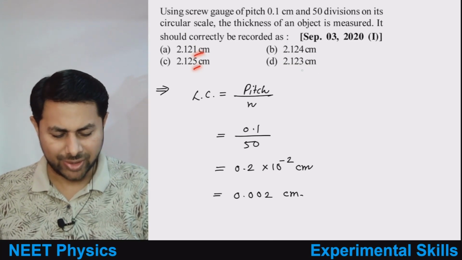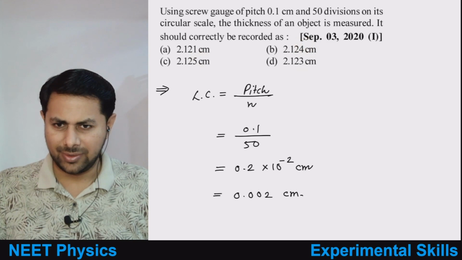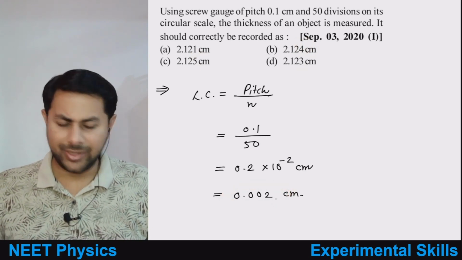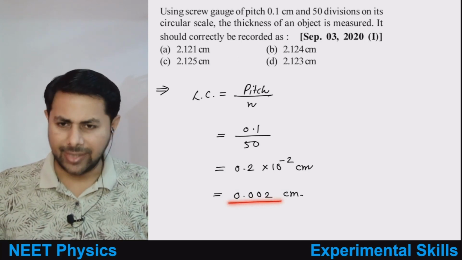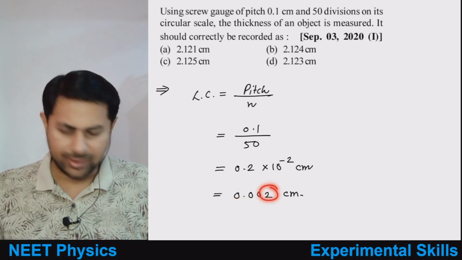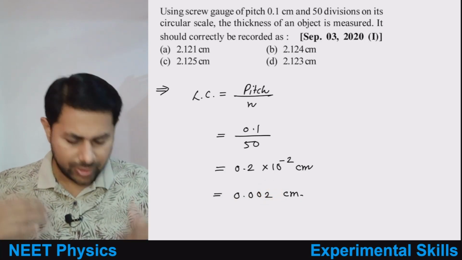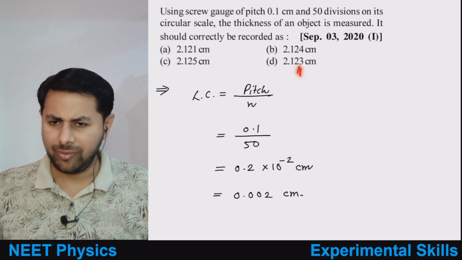It's odd, odd, odd. And in this one only, the last digit is even, right? And when you take the reading using a device which has this kind of least count, the last digit of the reading would be even,